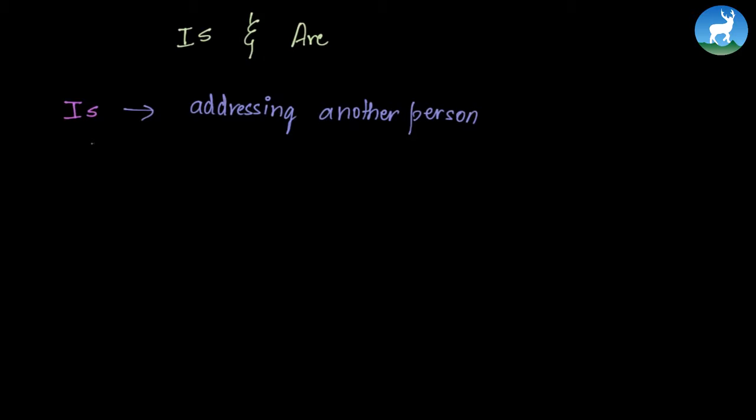And is is always present tense. If we need to express that he ate 2 hours ago, we don't say he is ate. That's the wrong form because that's not present tense. We use is for present tense, that's happening right now. For example, Akankshya is teaching. Akankshya is teaching right now. It's the present tense, so we use is. Also, Akankshya is another person. It's not you. So you can say Akankshya is teaching because you're addressing Akankshya, which is another person, and she is teaching right now. That means it's the present tense.